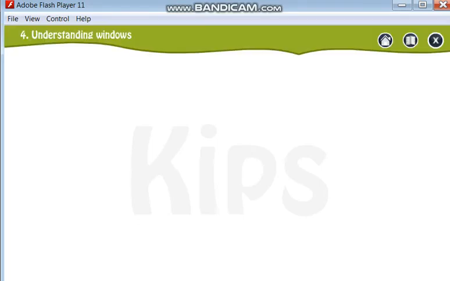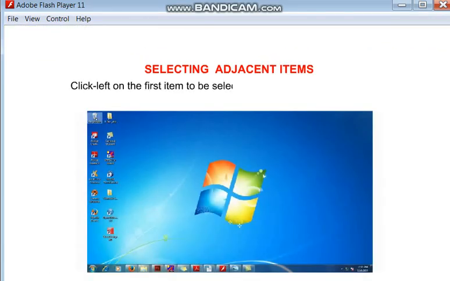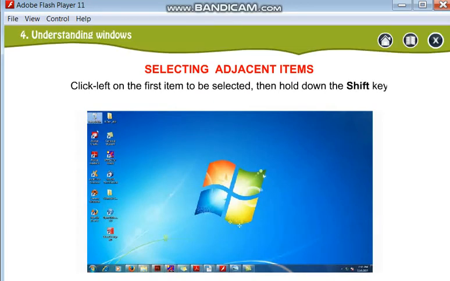Now selecting adjacent items. Adjacent means icons that are right next to each other. Click left on the first item to be selected. Click the first item with the left button, then press the shift key on the keyboard.